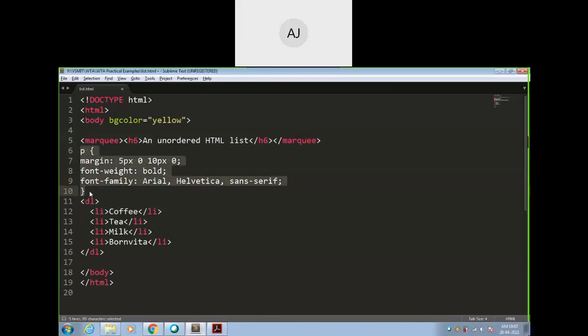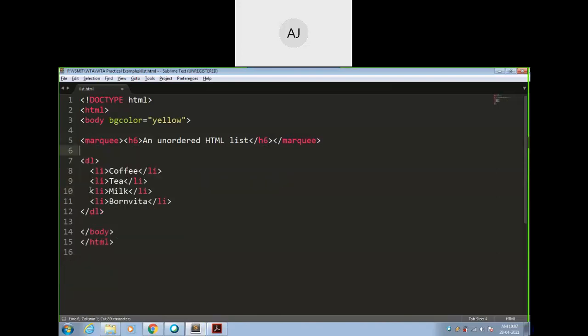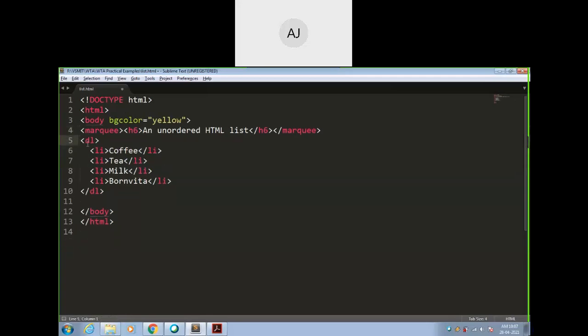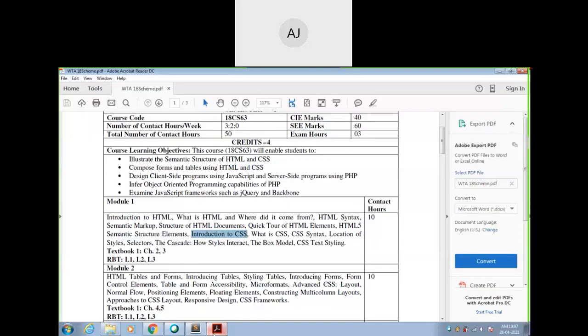We can define this in the head section, not in the HTML body. I have started directly with body, I have to specify the head and all. So we will see that in the next example itself.